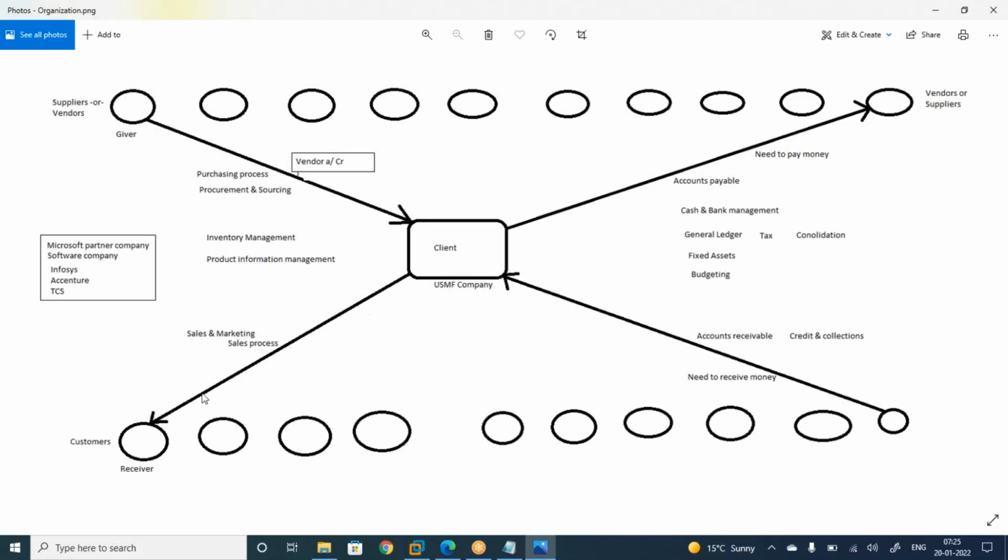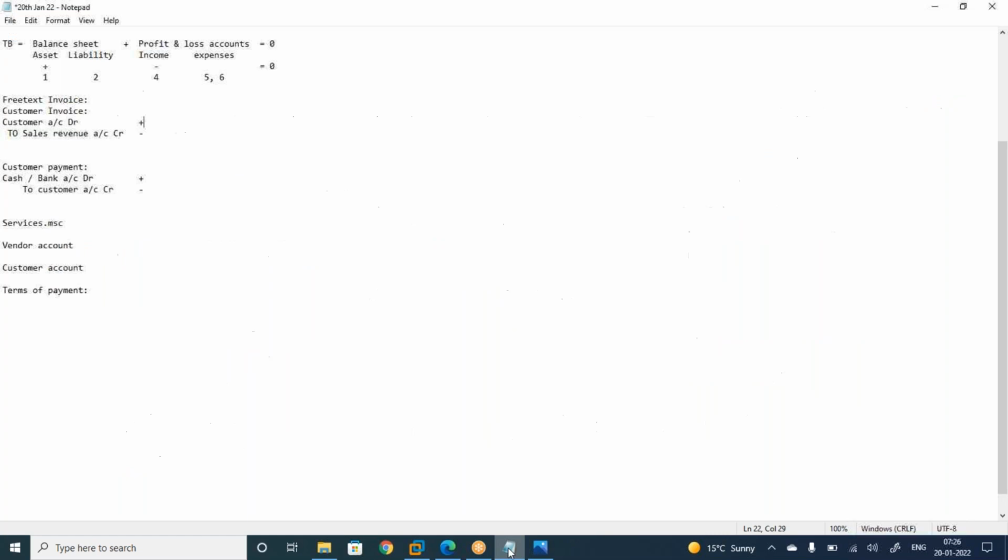So we have dispatched material to the customer and we have generated the invoice. Then immediately the customer will not pay money to you directly. He will not pay. There will be an agreement between you and your customer, like terms of payment, maybe 30 days,